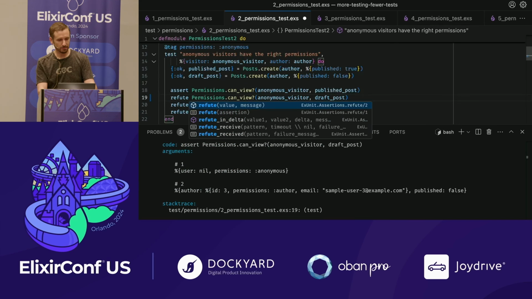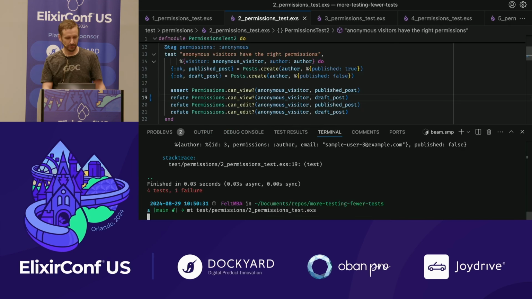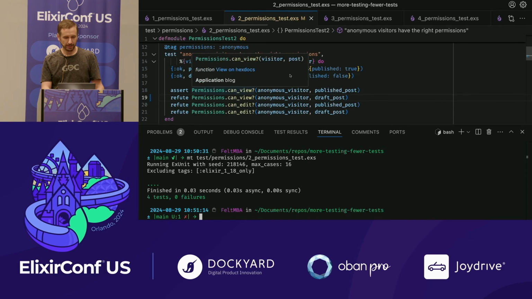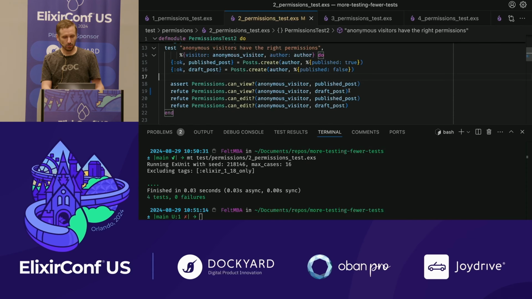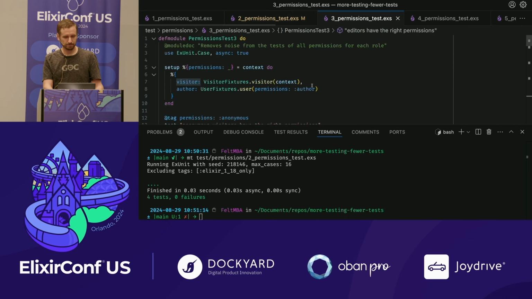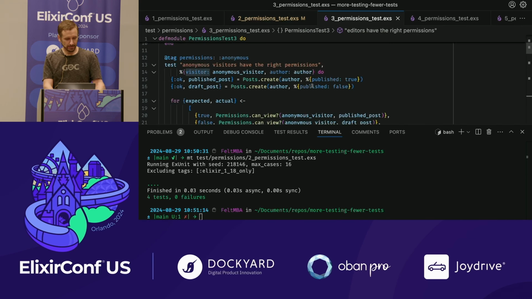So this was supposed to refute that anonymous visitors can view a draft post, and we run there. Okay, all right, that works. So the question becomes, can we clean up some of this boilerplate that gets kind of copied and pasted around? One idea for doing that